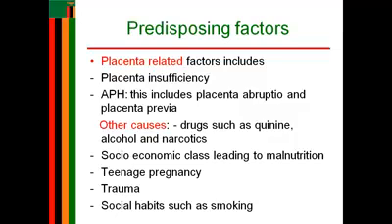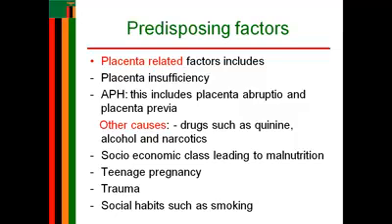Then the other causes could be related to drugs such as alcohol, narcotics, and also drugs such as quinine. These drugs may predispose a woman to prematurity. Then also socioeconomic status. Where there is low socioeconomic status, this woman is going to be eating foods which are not nutritious. And if the child is not receiving enough nutrients, the fetus won't be growing. And if it can't grow as compared to the weeks it has stayed in the womb, it will be expelled, meaning this can lead to